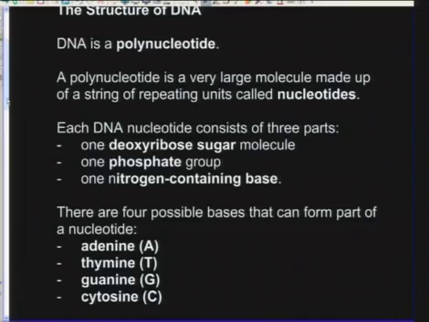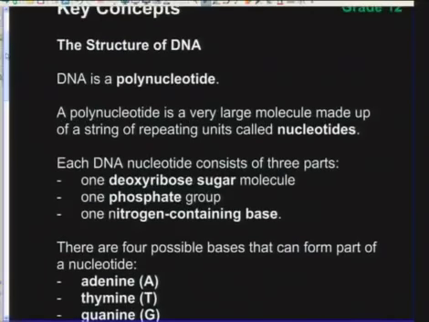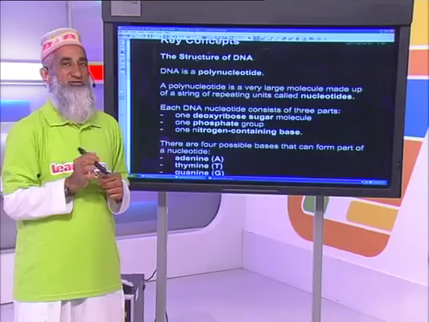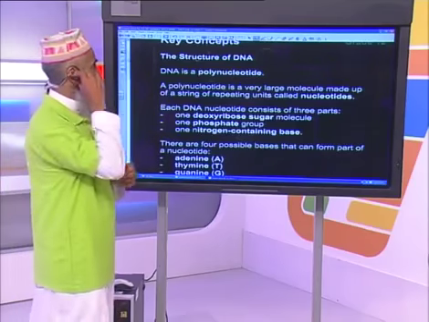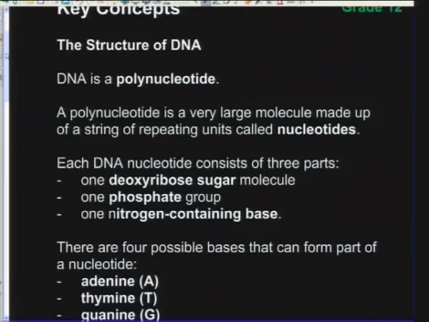Now we want to know how this thing is structured. In other words, what is the structure of this molecule? The first statement there, again a big word, guys. Remember,